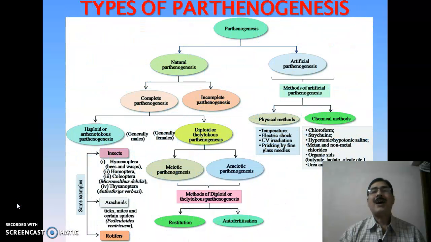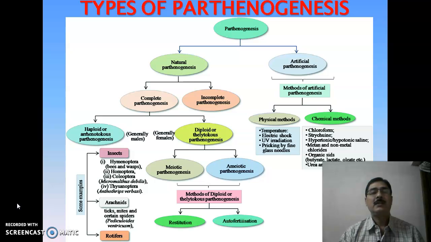This is the broad outline diagram of types of parthenogenesis. You can see the two types, the natural and the artificial. The artificial has two methods, the physical methods which include temperature, electric shock, ultraviolet irradiation, pricking by fine glass needles, while the chemical methods include chloroform, strychnine, hypertonic or hypotonic saline water, metal or non-metal chlorides, organic acids, the butyric, lactic or oleic acid,